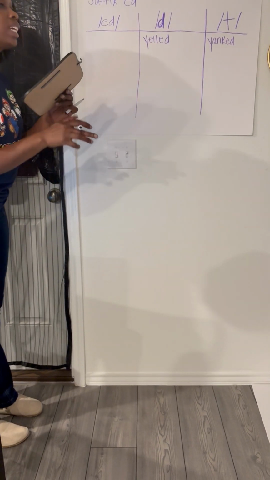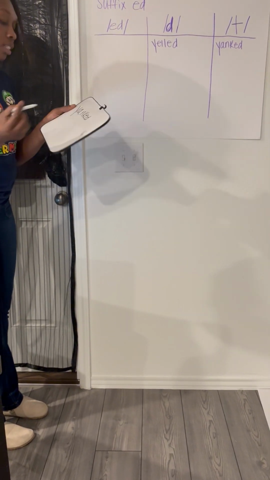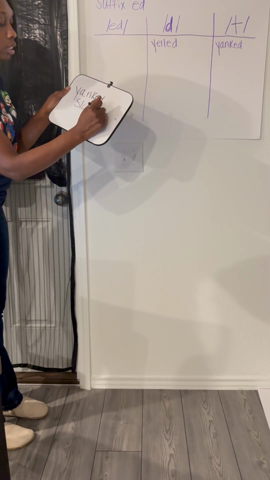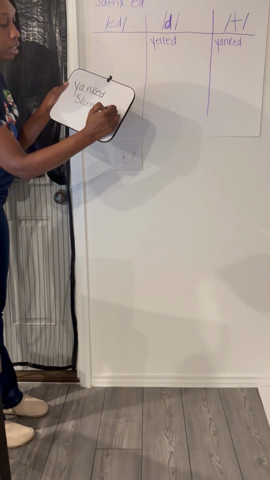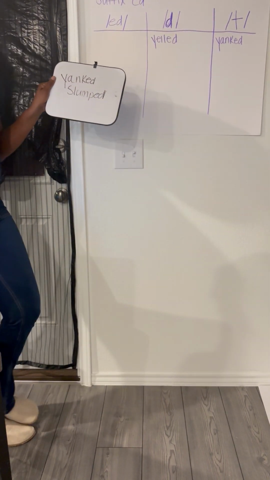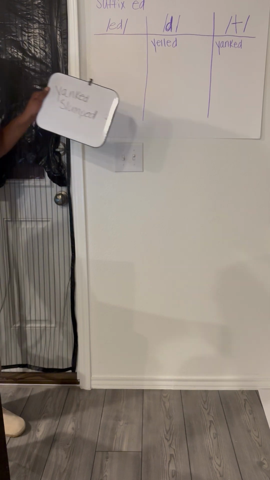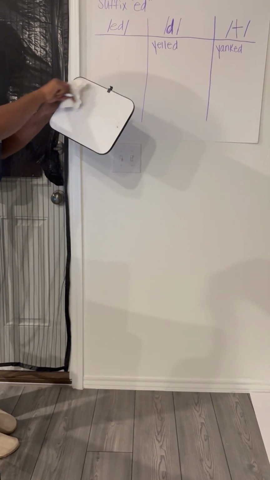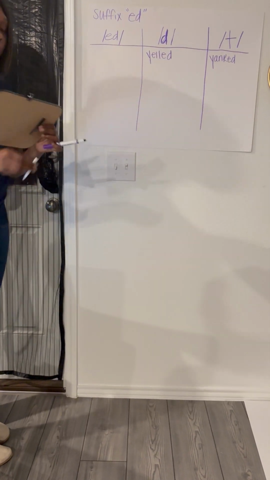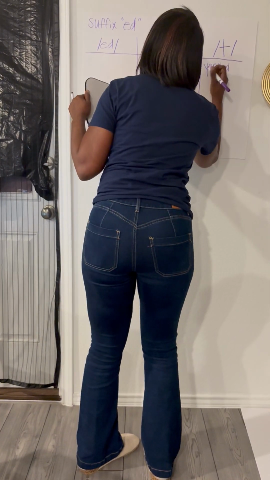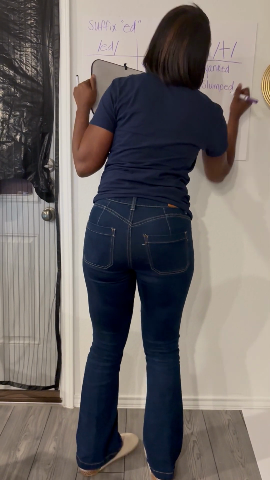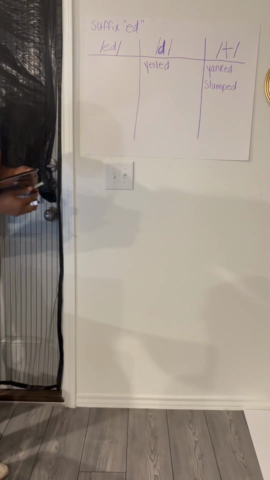Good job. Our next word is going to be slumped. Slumped. What do you hear at the end of slumped? Slumped. T. Good job. You can hear that T at the end of slumped. So we're going to write slumped under our T. All right, our next word is going to be